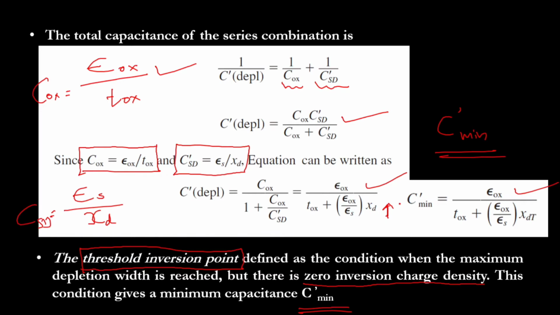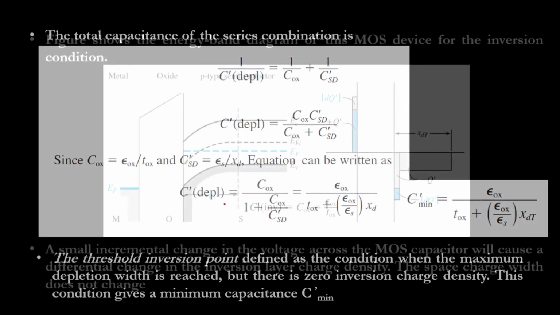If I increase this depletion region, as on increasing the depletion region, the capacitance is going to reduce. So keep increasing the depletion region. Keep increasing the depletion region means what? I am incrementing the positive voltage at the gate terminal. If I slowly increase the positive voltage at the gate terminal, the depletion region is going to be wider, and the equivalent capacitance is also going to reduce. So that same concept I need over here.